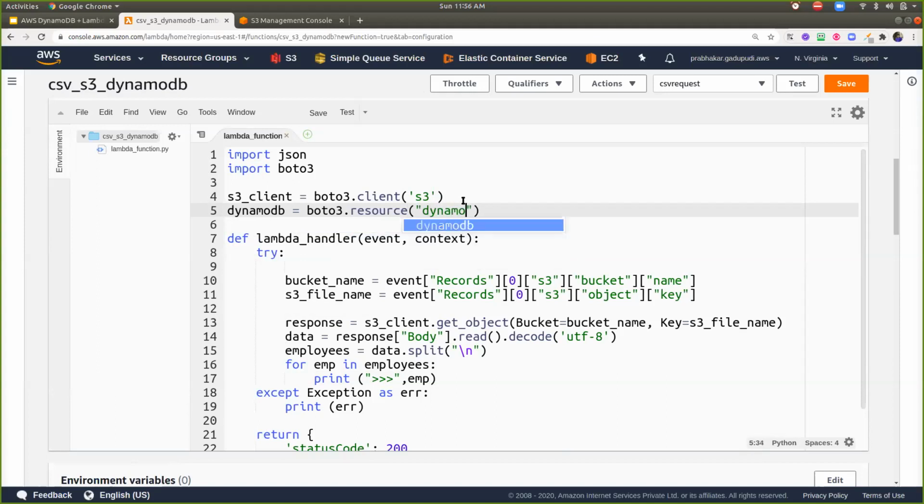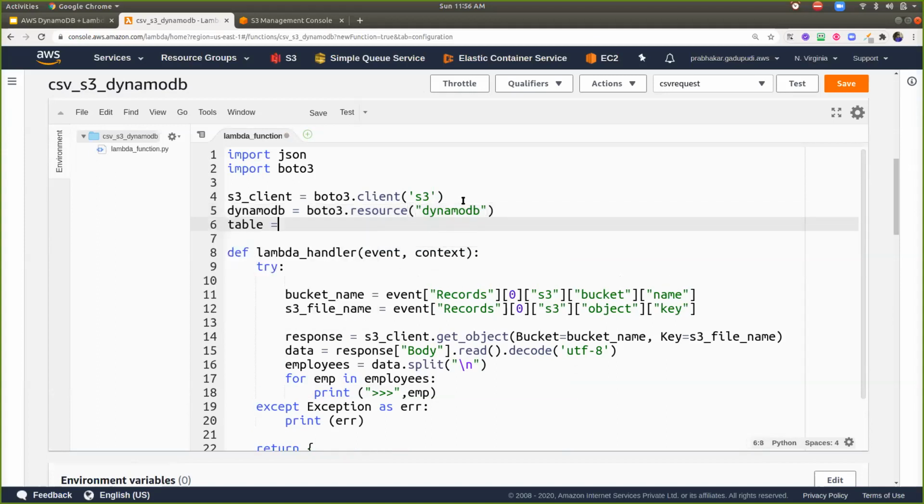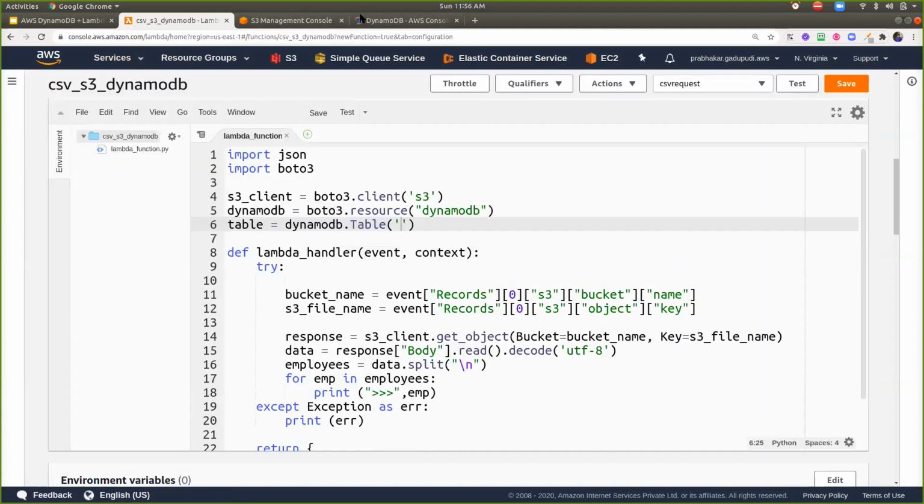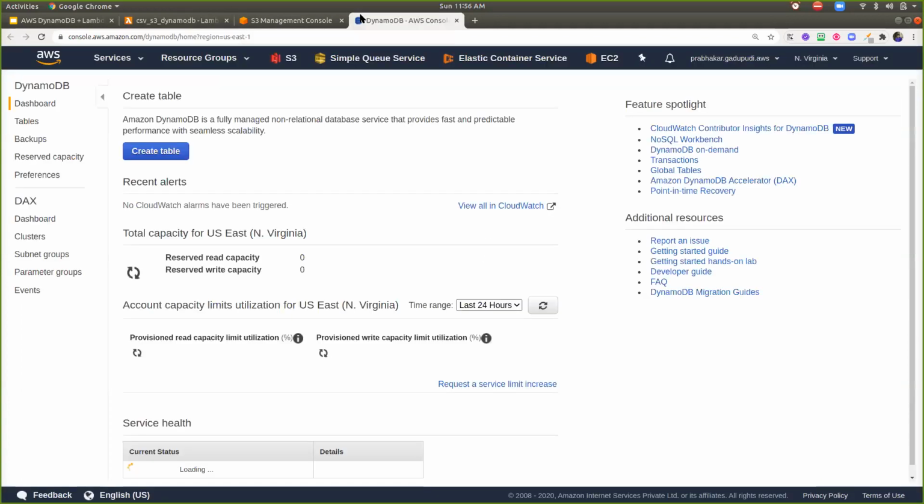And here I can use it as a DynamoDB, and below I can specify the table. Okay, so here I can say DynamoDB dot Table. Inside that I can specify the table name. What is the table name of your DynamoDB? You can go to the services and find the DynamoDB. Here is the name of the table which I created earlier, so you can go ahead and check the name of the table.